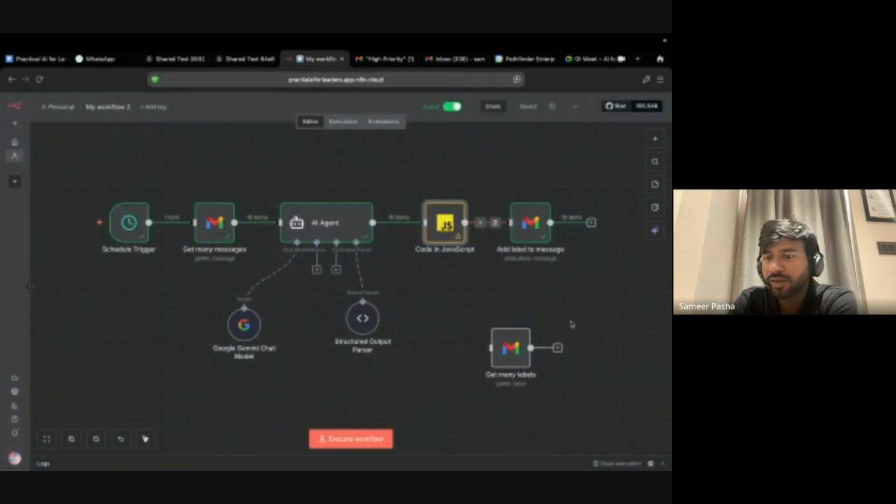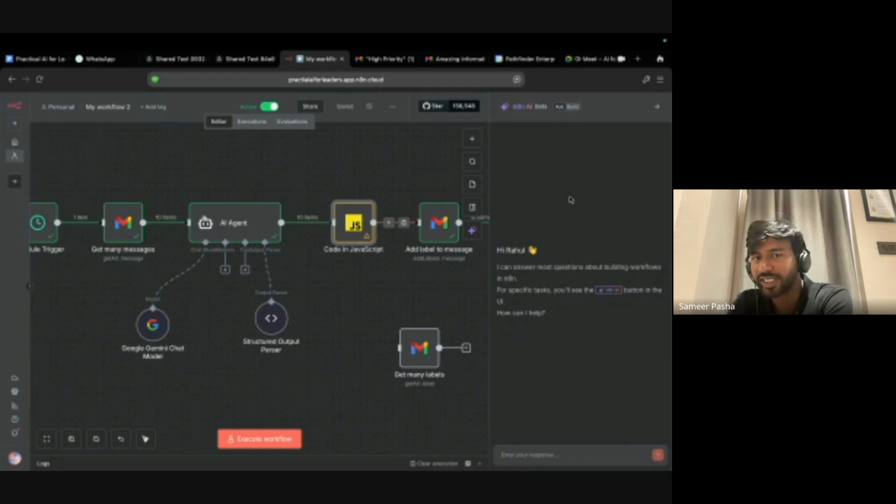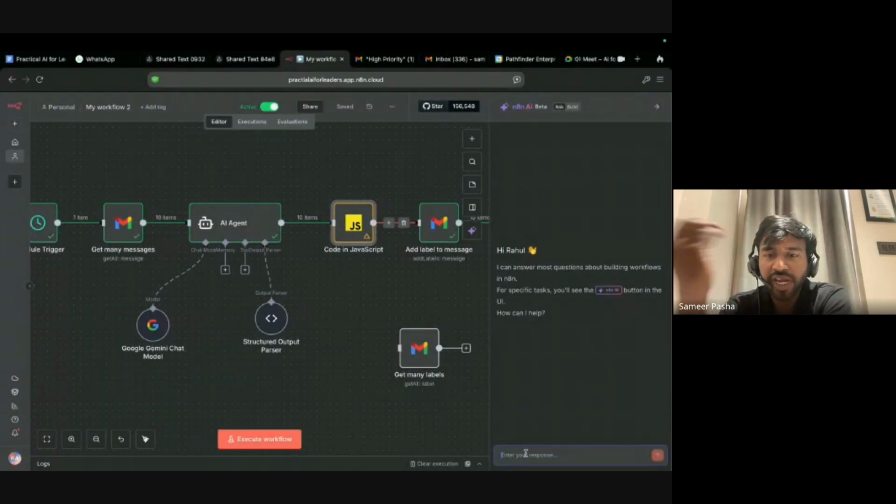Also, guys, one more thing, as Rahul was sharing earlier. N8N has a default built-in AI agent, which is extremely good. You can just type down whatever issue you have, or whatever data transformation you are looking at, in plain English, natural language, and it gives you an output.